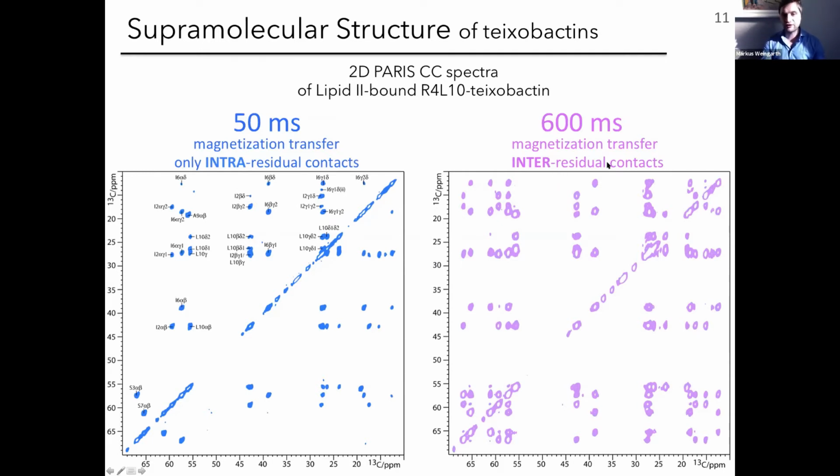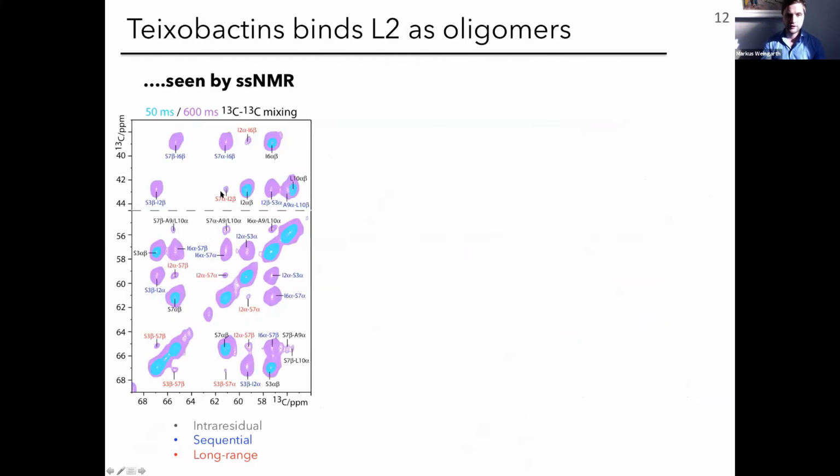You can readily see there are many more contacts in the magenta spectrum, and please focus now on the green boxes that I'm going to superimpose. You can readily see there are indeed many more contacts in the magenta spectrum with a long magnetization transfer time. Please ignore signals with blue and black labels. They are not interesting, and focus on the signals with red labels. These are the interesting long-range contacts over many residues. You see here, for instance, long-range contacts between residues 2 and 6, and even between residues 7 and 2, here,